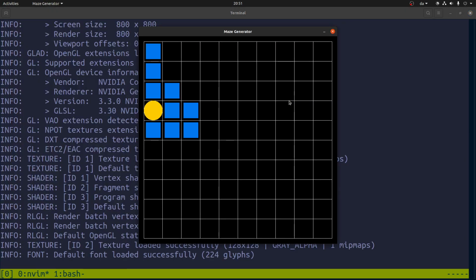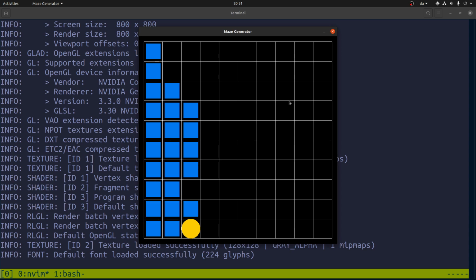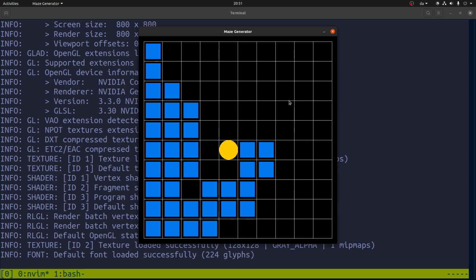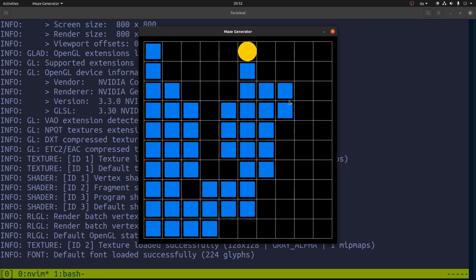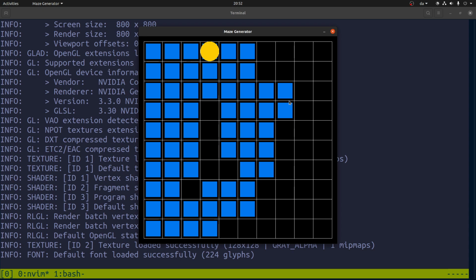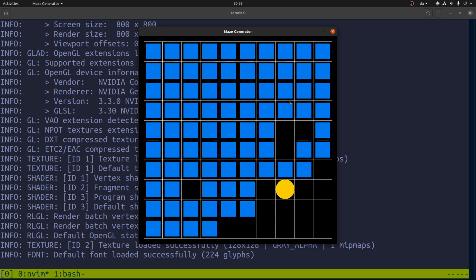So now we're stuck. Let's try to see what happens when we step. We go one back. Now it should succeed, and we go here, and we can go on our merry way, see another backtrack. And it might take some time before we get another backtracking. So here we have a good example. It has to backtrack twice, so we go one back, and now we go here, and then we have to backtrack some more. Then we can go in here, we have to backtrack some more. And so with this,